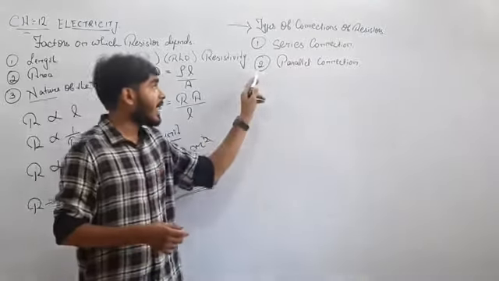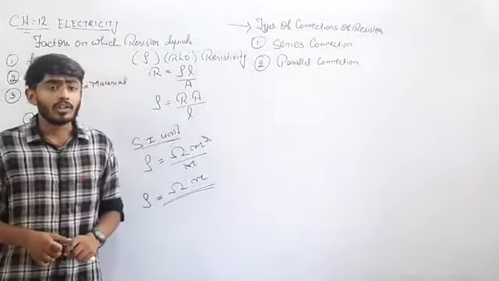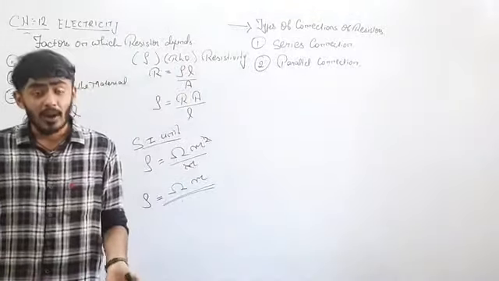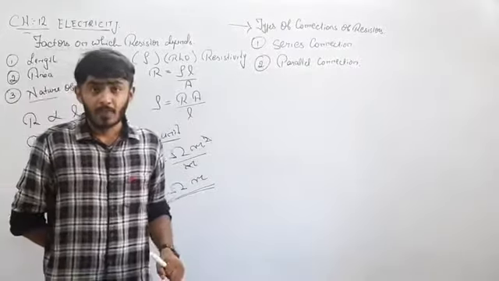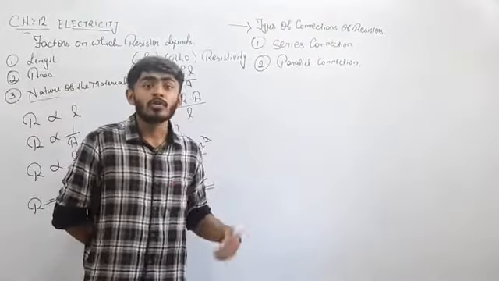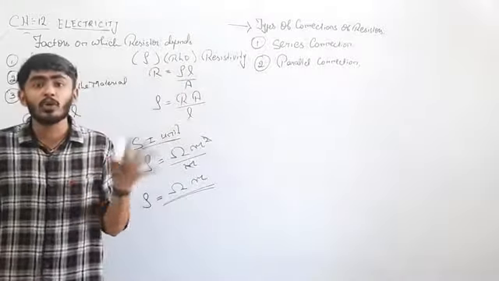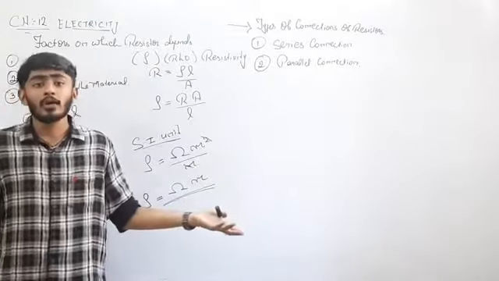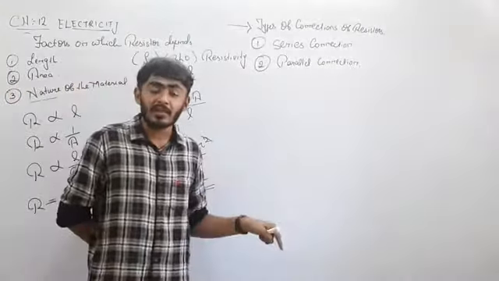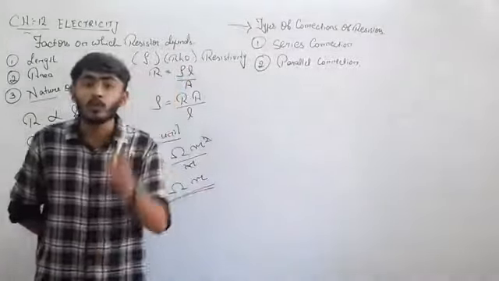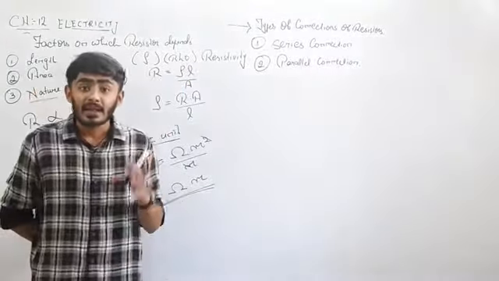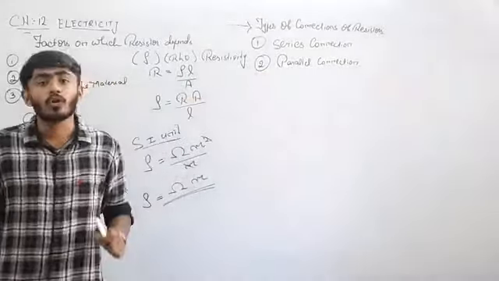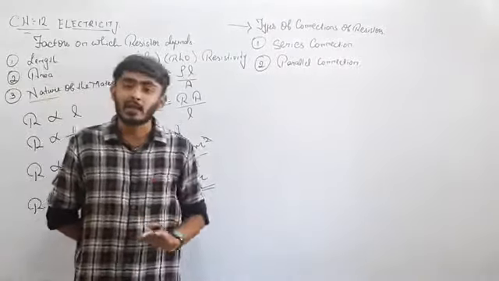Fine. Next is parallel connection. So what is parallel connection? What we see in our homes and in classrooms is known as parallel connection. When we need to watch the TV and we switch it on, only the TV starts and not the AC or the fan. If we want to leave the tube light on, then we need to switch on the tube light switch itself. So this is the parallel connection. For every electrical appliance there is one separate switch, and that is known as parallel connection, which we use in our day-to-day life at home.